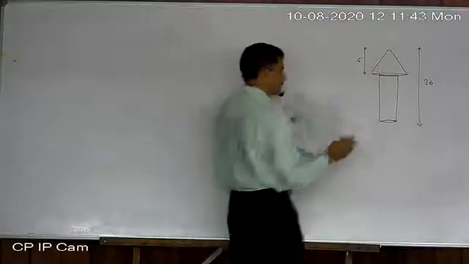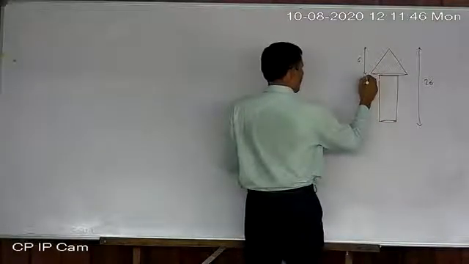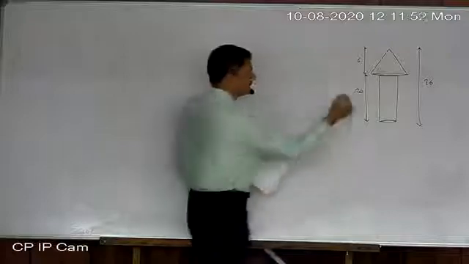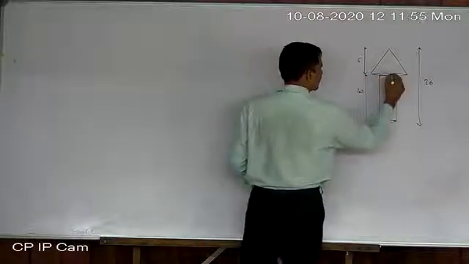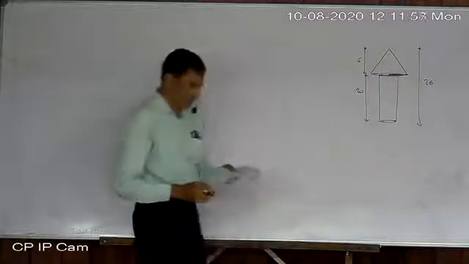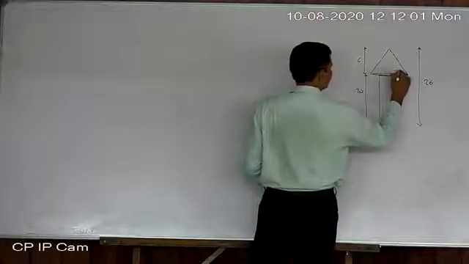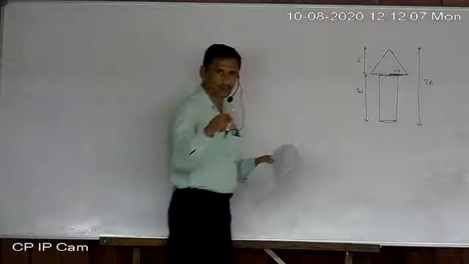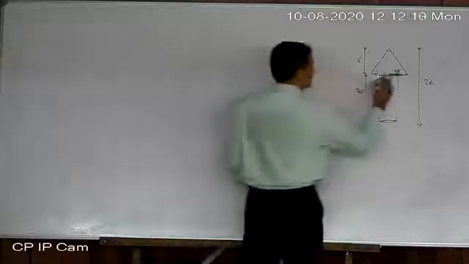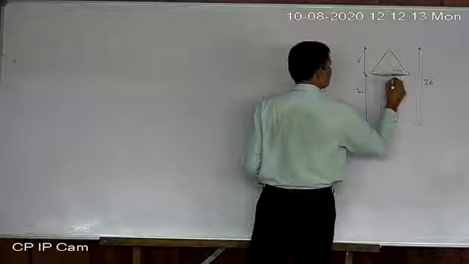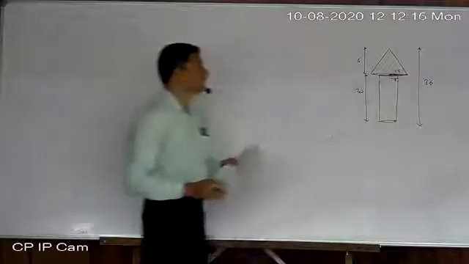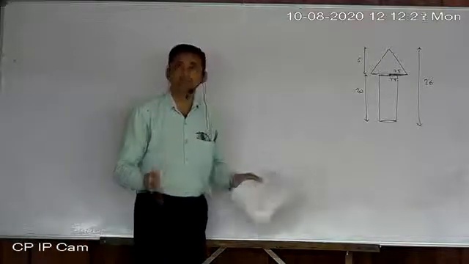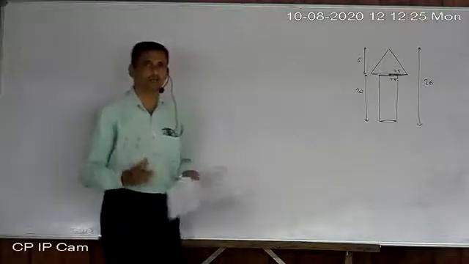So this will be 20. Why? Because 26 minus 6. Now radius. The bigger radius, that is the radius of cone, is given 2.5, while diameter is 5. I am just writing here, but you see it in your textbook only, and this will be 1.5 only. This is 1.5. Now we want to paint different parts by different colors.